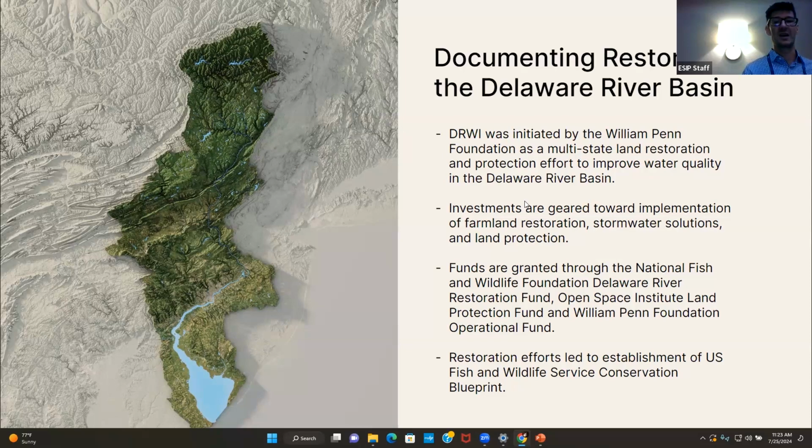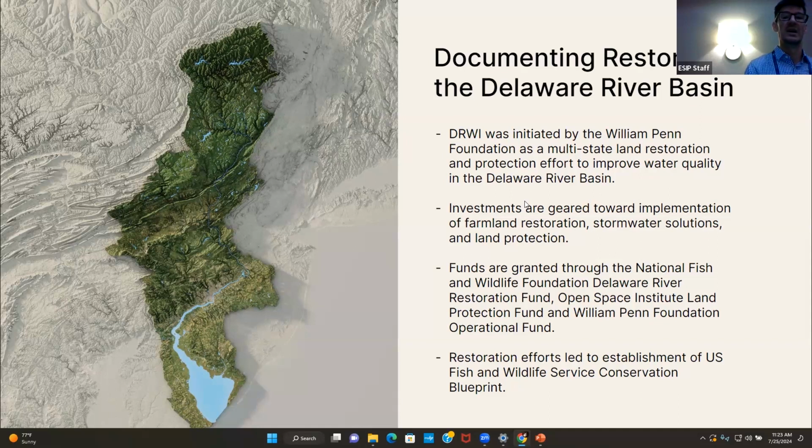There was significant work involved with Stroud as well as the Academy of Natural Sciences to quantify what all of the loads in each HUC 12 watershed were throughout the Delaware River Basin. This was to establish a clear baseline of nutrient and sediment loading rates that need to be addressed throughout the Delaware, and it also yielded specific hotspots, focus areas and clusters of where work had to occur on the landscape.